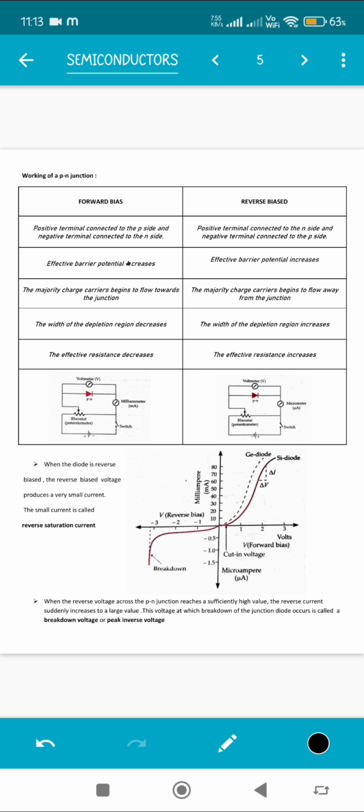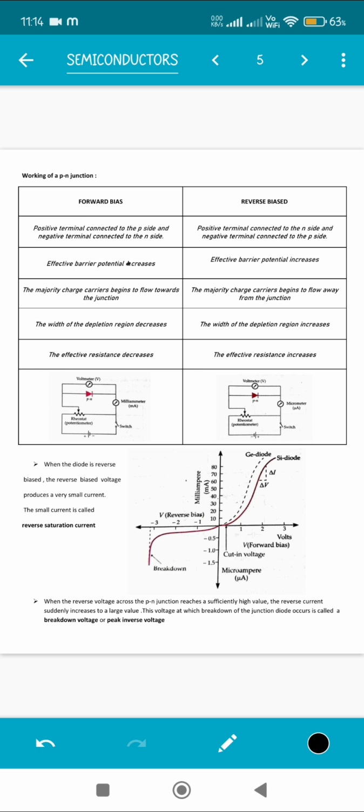So the same thing we are repeating again and again in terms of different factors. And in reverse bias the effective resistance will increase. Resistance is more, so current will be automatically less. So these are the differences. Make sure you are going through the diagram. Okay. Even if you don't want to make the rheostat, it's totally fine. Make sure you're making the milliammeter and the microammeter. Okay. Along with that, make sure the PN junction is connected to the respective terminals of the battery according to what we have just studied.